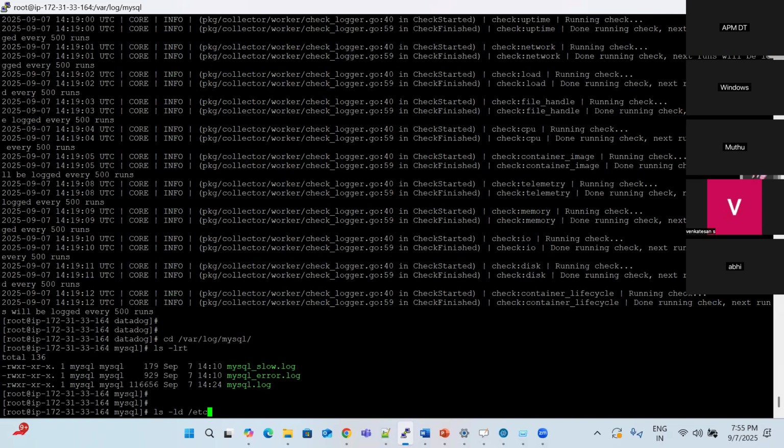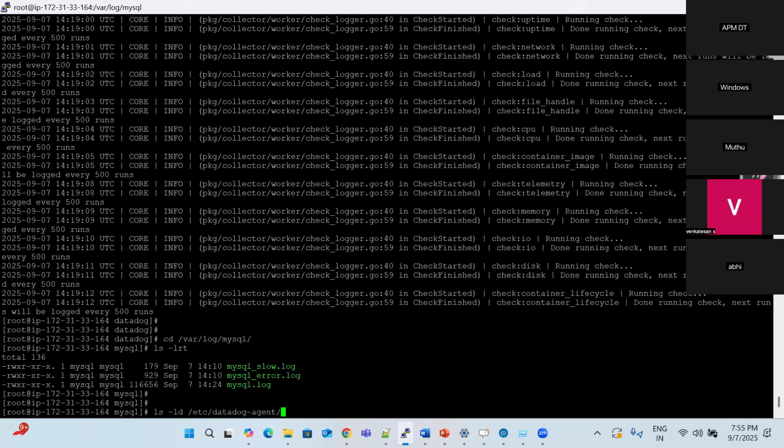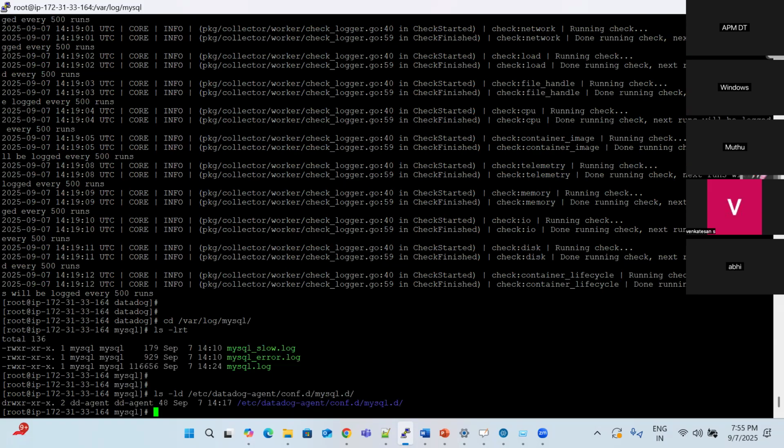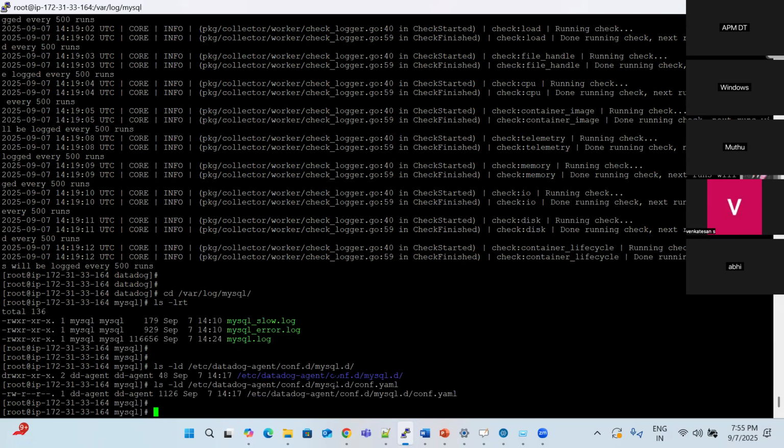ls -ld /etc/. Okay, here we will check now. Normally if we have any issues, then HA agent metadata unavailable in this memory check. Instead of that, we'll go and check datadog-agent conf.d, inside that mysqld. For mysqld, it looks good. After that, I have conf.d, which also looks good. I have read permission for the Datadog agent. No issues here. I'll go and check mysqld. Already it is rotating, it is giving properly. I think /etc/datadog-agent